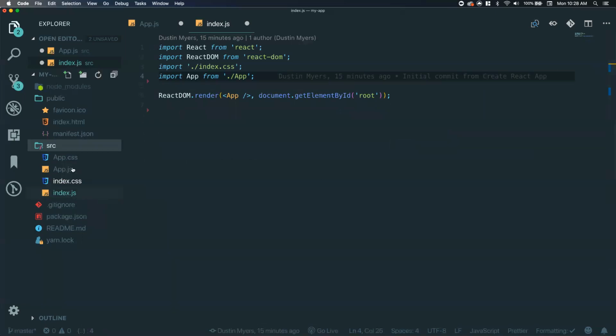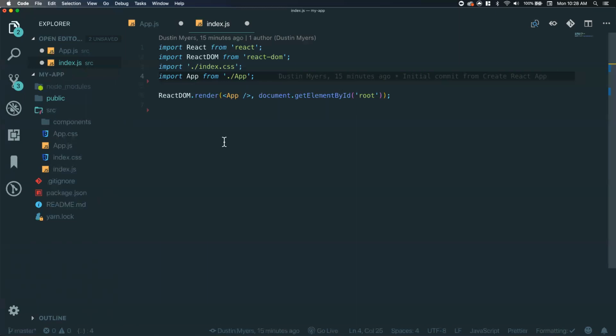Now I'm at a point that I'm ready to start building. And I build out my components, and I'm ready to go. So this is now at the point that we are very used to seeing and ready to roll with a